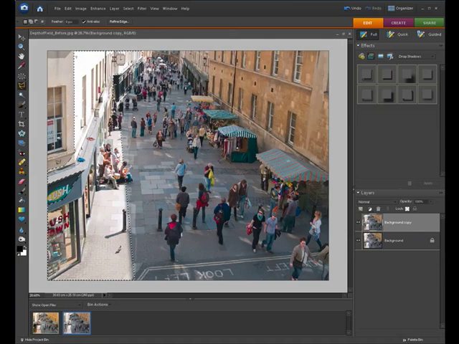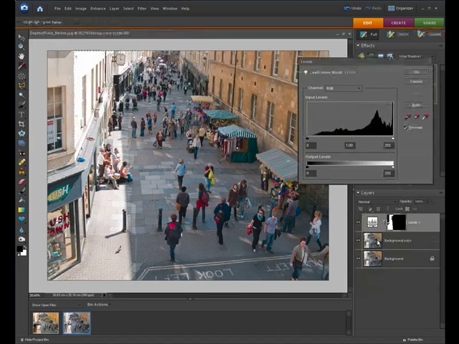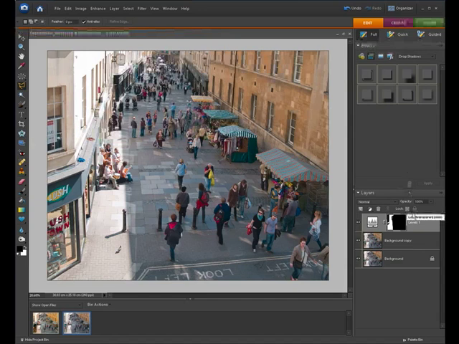We now have our selection of our running ants, and what we could do is just apply levels directly to that layer, but we're going to need to make a few adjustments to the adjustment layer mask just to smooth that transition in a little bit more. So if we go down to our adjustment layers, click once, select levels, don't make any adjustments at the moment, and just click OK, and you'll see the levels adjustment layer just appear here in the top of the layers palette. If you have a look at the layer mask, which is attached to the adjustment layer, you'll see that already some of that layer mask is blacked out, and you've got just the white area, which is the area